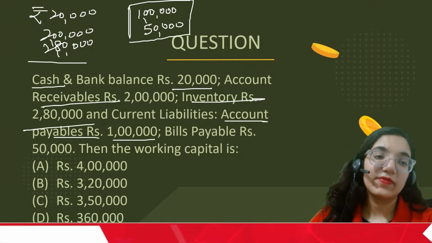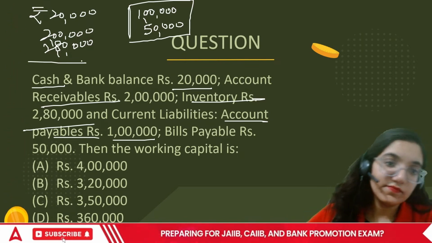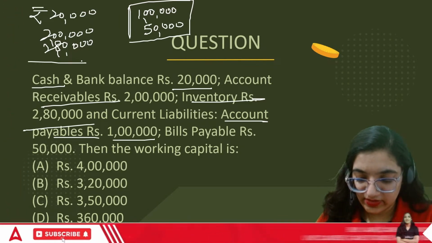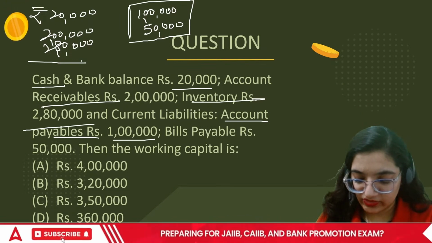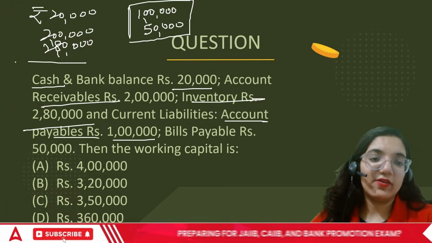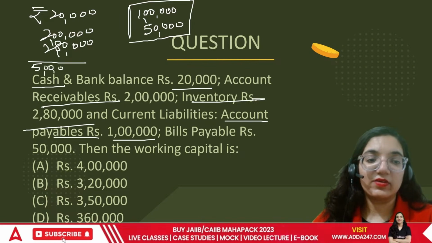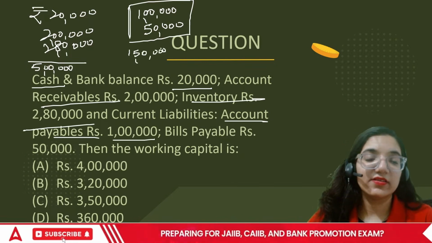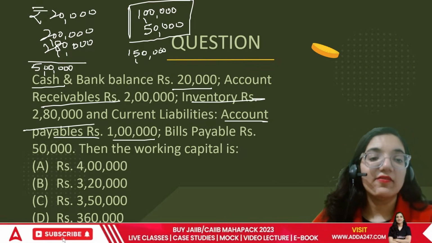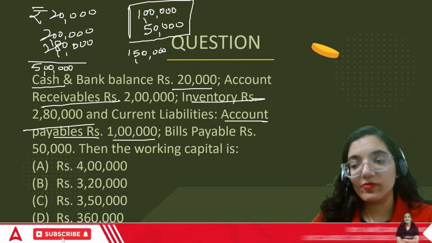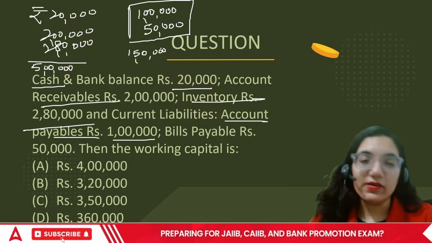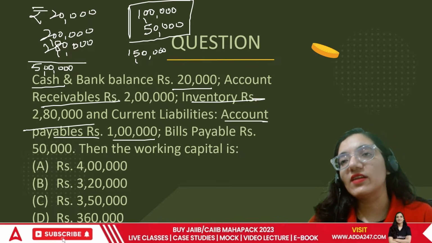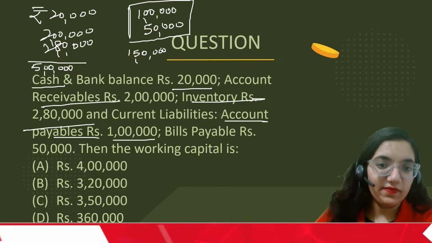In this case, what am I getting? I am having 20,000 plus 2 lakh plus 2,80,000 rupees, a total of 5 lakh rupees. These are my current assets. A total of 1,50,000 rupees is my current liability according to the scenario, because we are supposed to pay the people from whom we have taken money. So within the period of 1 year, that is current liability. If the money has to be received back within a period of less than 1 year, that is also a part of this.